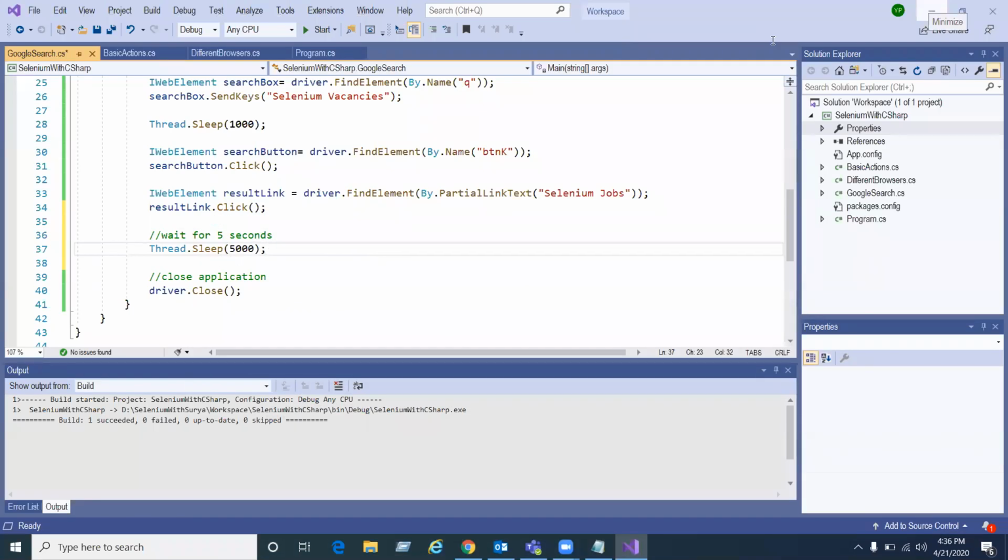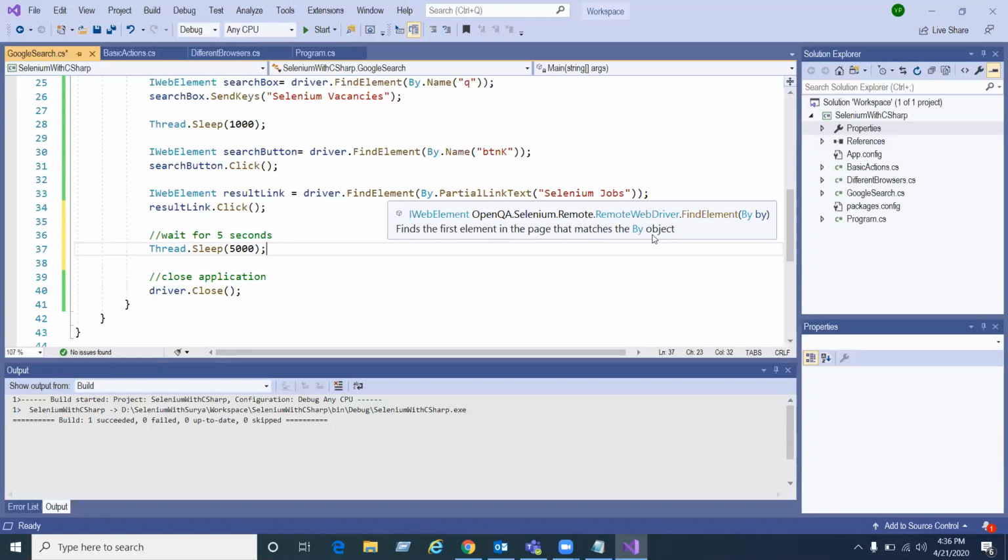The answer is we are using FindElement. Now see the description: find the first element in the page that matches the By object. With the partial link text Selenium jobs, there are so many matching elements, but since we are using FindElement, it always works on the first matching web element.